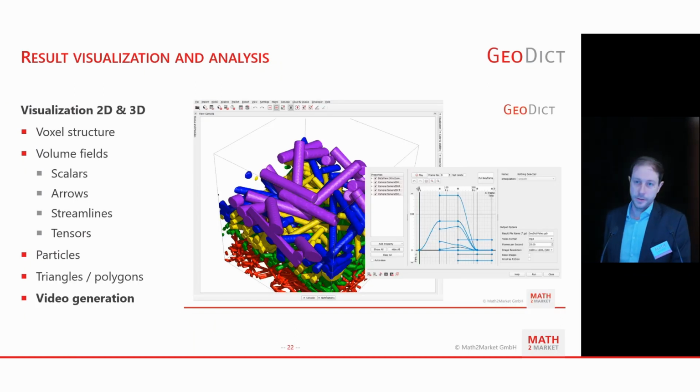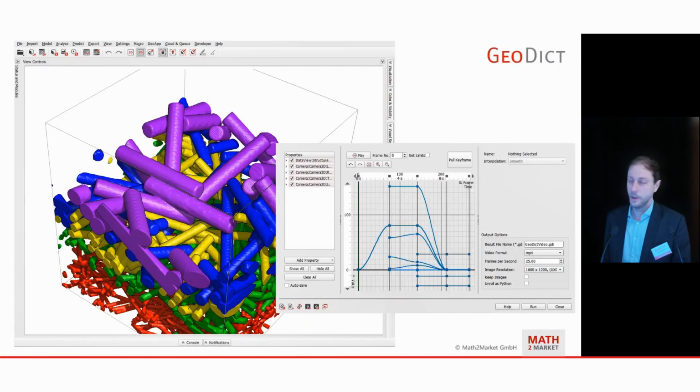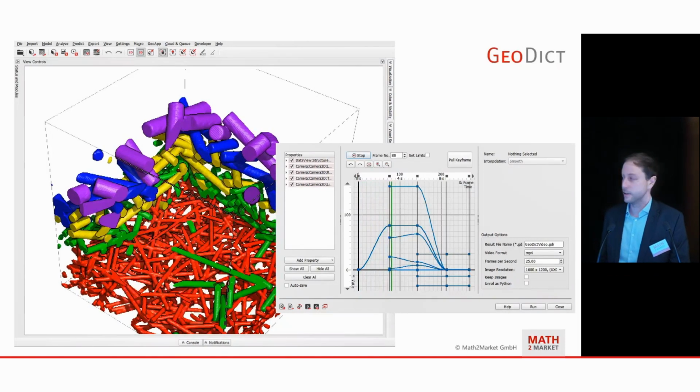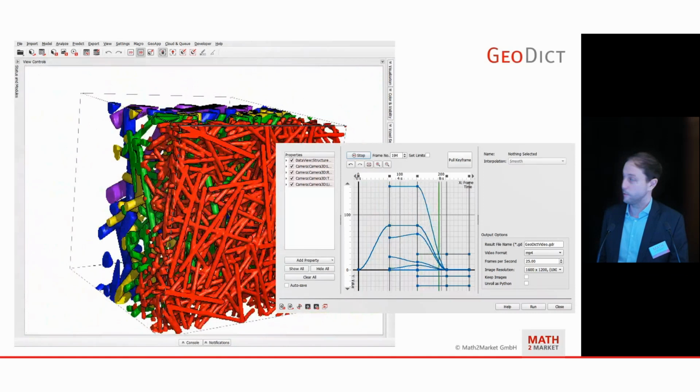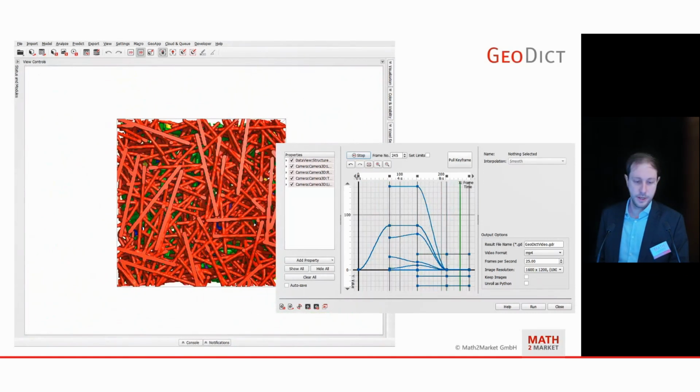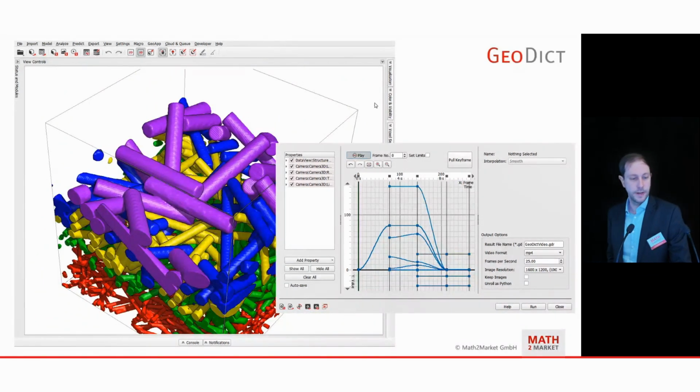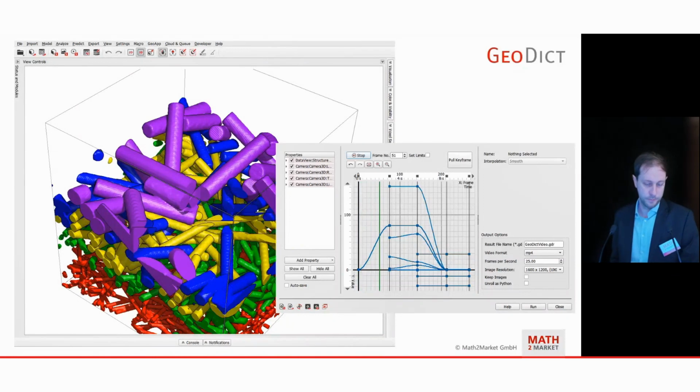Apart from the automated result video generation, GeoDict also offers a little bit more complicated video editor, which lets you create your own videos. I have brought an example of how that looks like. So here on the right-hand side, you see the editor having different properties that change over time. And on the left-hand side, you can see how this affects the image that you see.